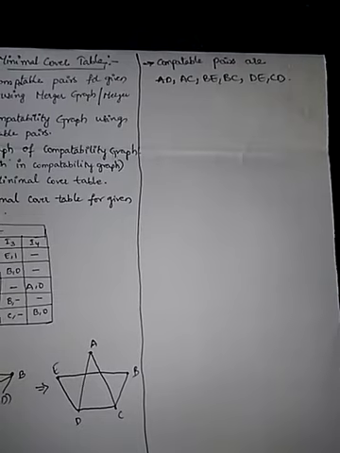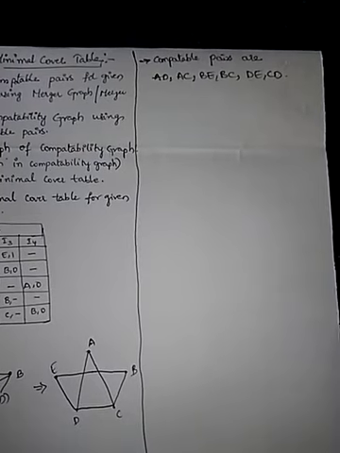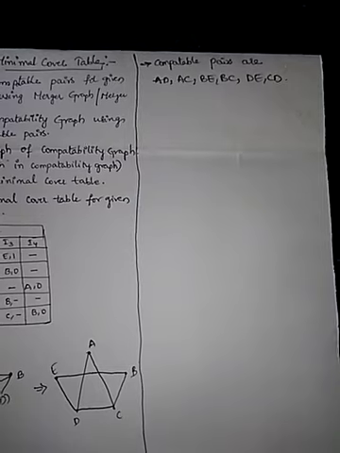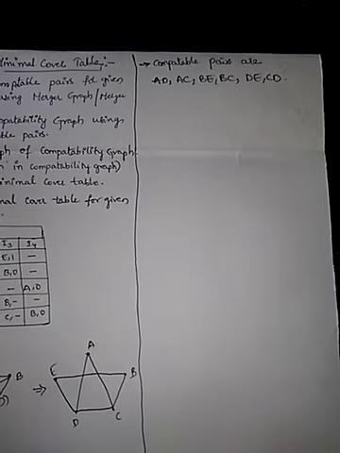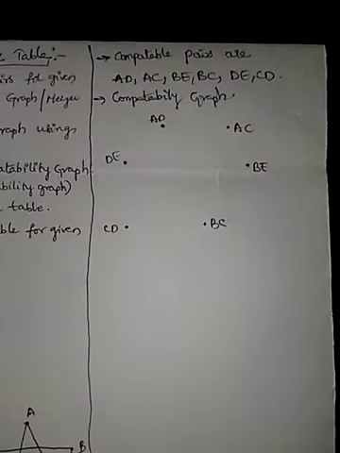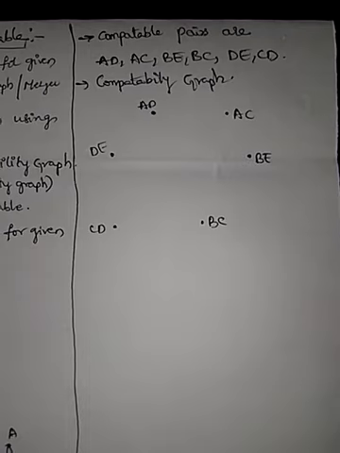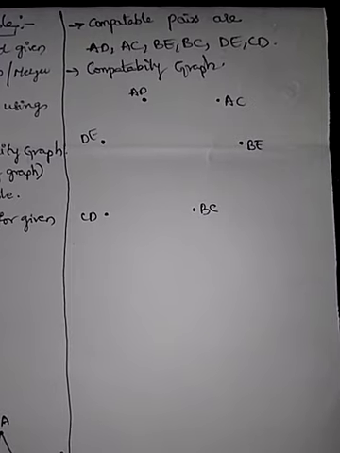So the first step is completed till now. Now the second step is you need to draw the compatibility graph. Compatibility graph means you need to make these 6 compatible pairs into 6 different points. See what I have done here. All six compatible pairs I made as 6 dots, because I need to draw a graph between the compatibility pairs. Now how to draw this graph?